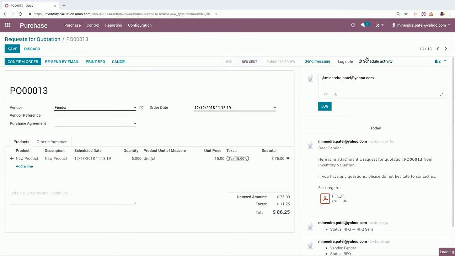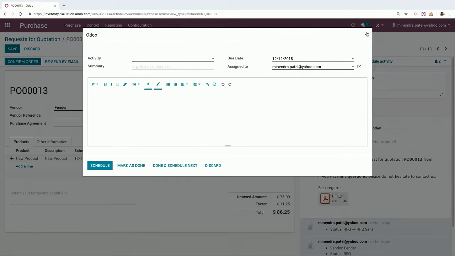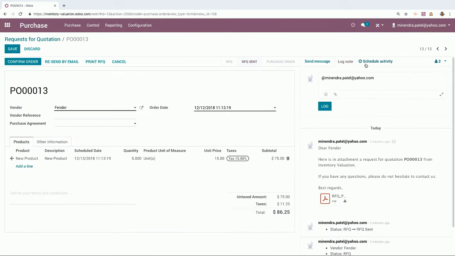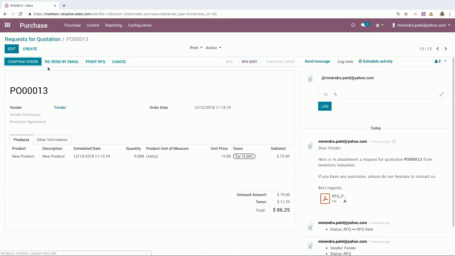You can also schedule activity, which is nice when you want reminders to do things. Basically, you could save this in and come back to it if it's not pressing. But I'm going to show you how to automate this process in just a second anyway, so you don't necessarily need to schedule activities for purchases. But some people like to do so. So now that we're here, we're going to go ahead and save this in, and now we can confirm the